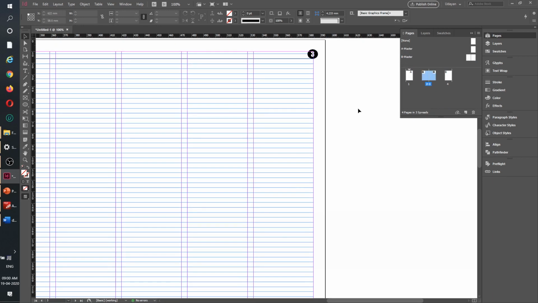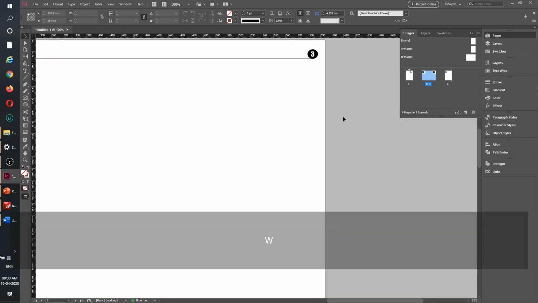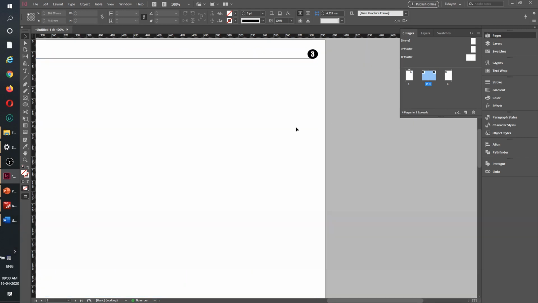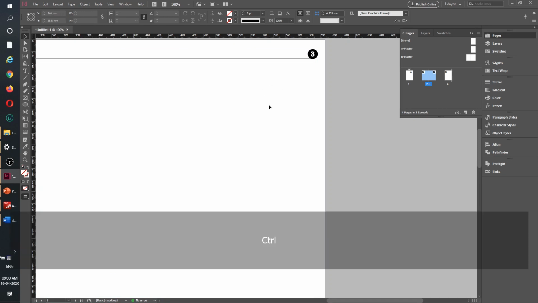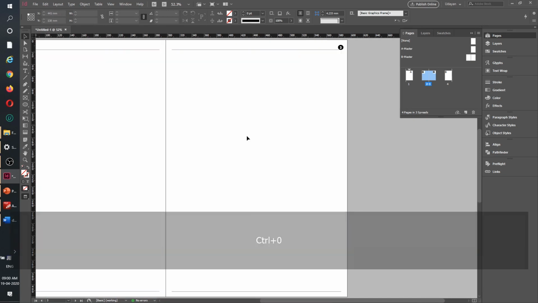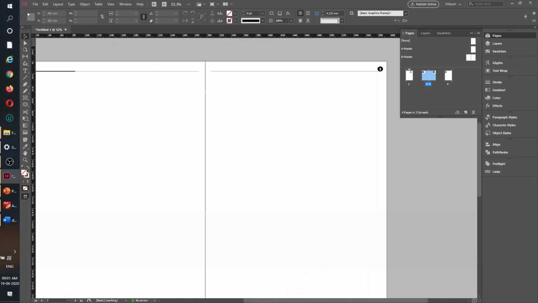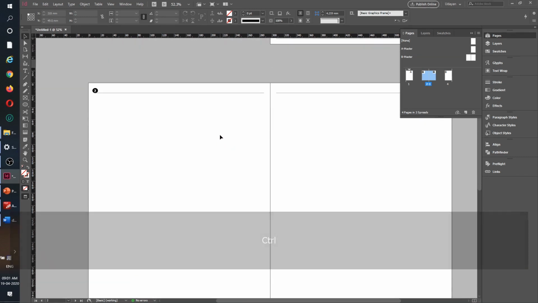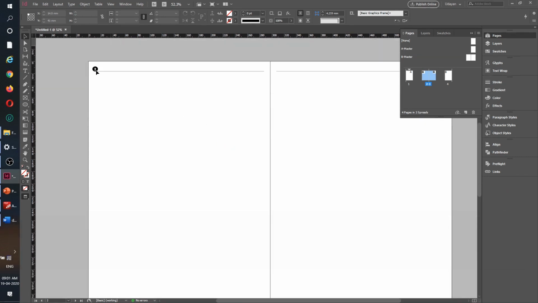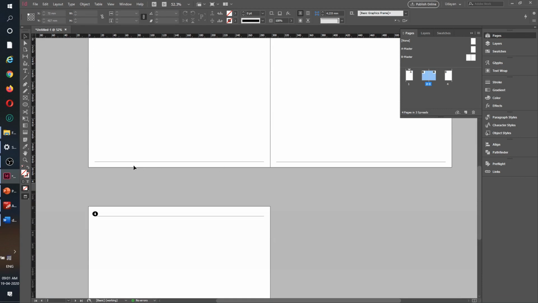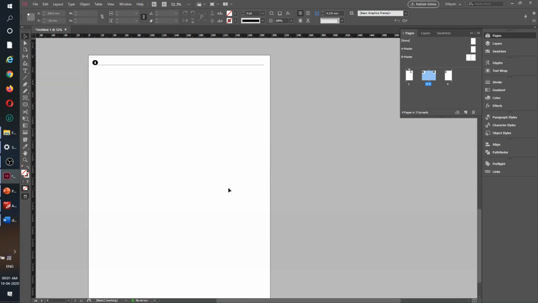So as of now, what we have done, I'll just press my preview, W, okay, and we can see what we have done. I just want to fit the page, so Control 0, right, and you can see what we have done. We have got this much done. Okay, we have page numbers, we have the line on the bottom, and we can write the header.